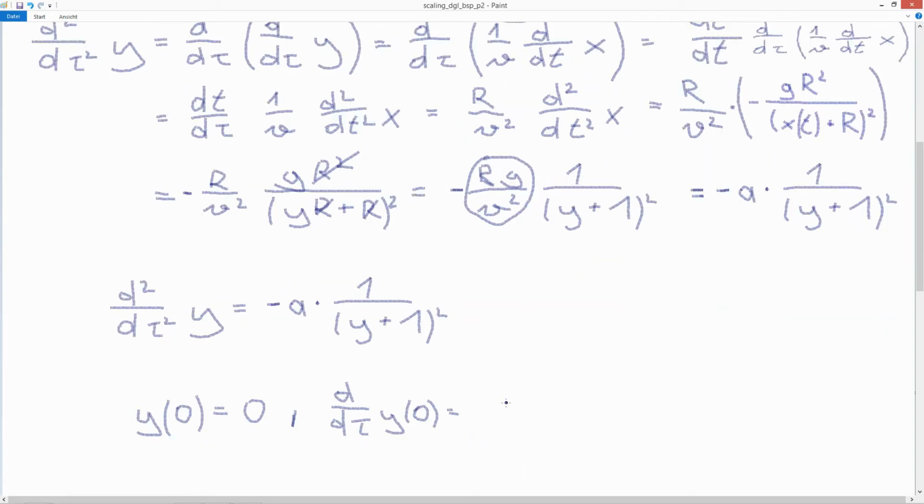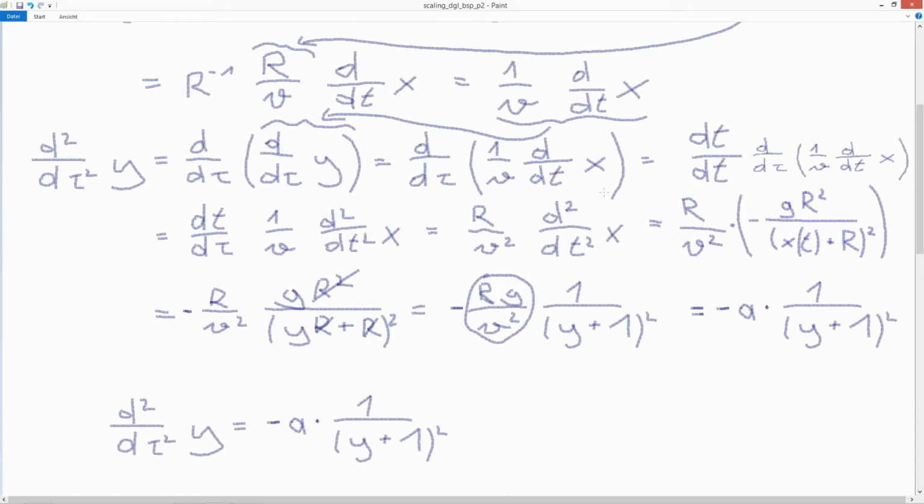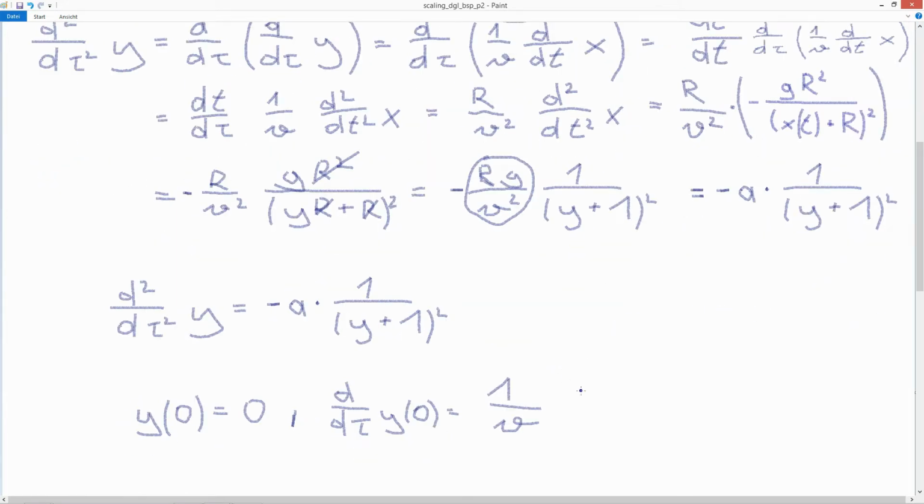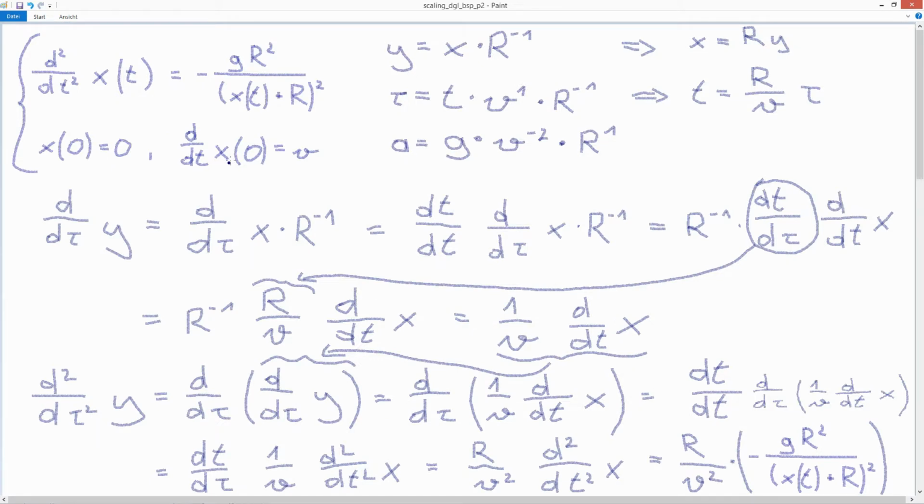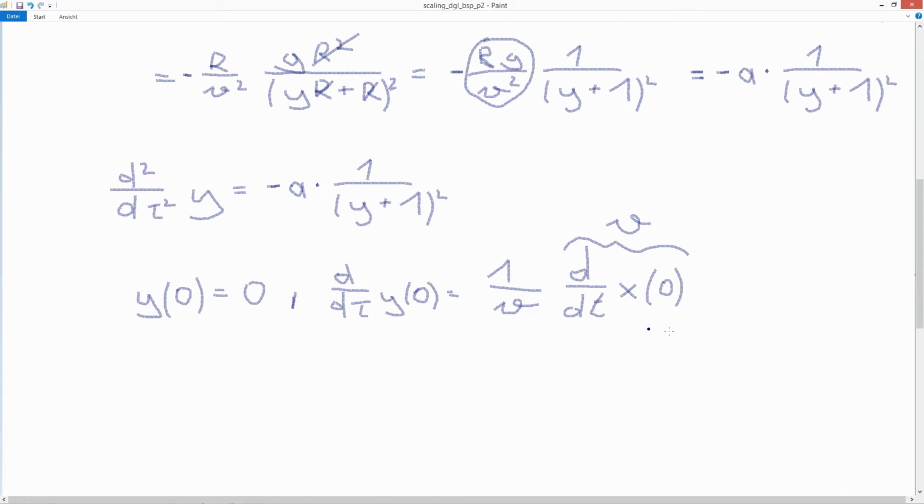So this here is 1 times v at the point 0, and we know that this here is v, because this here is that here, and this is 1. So this here